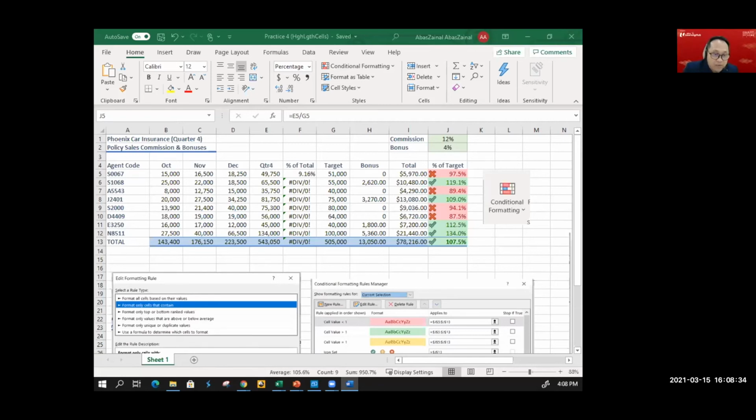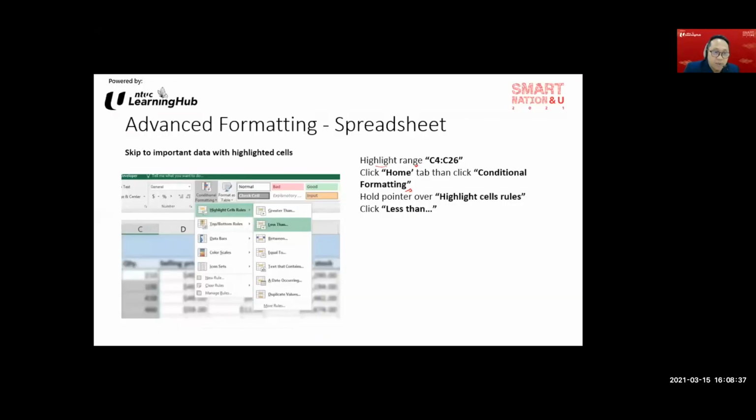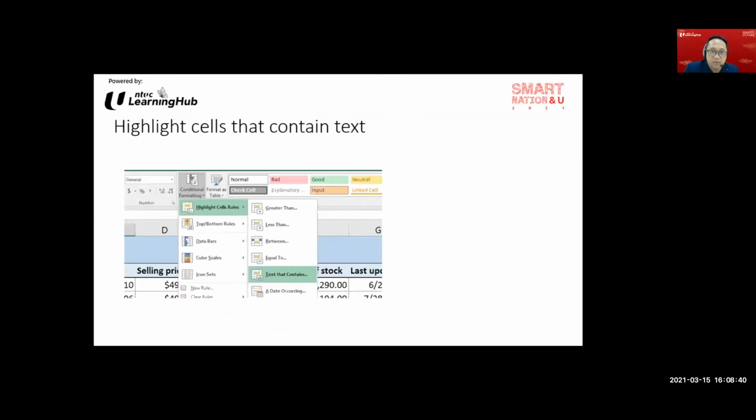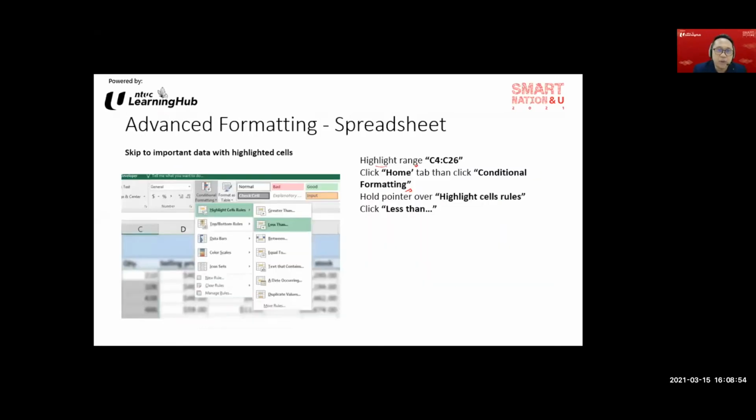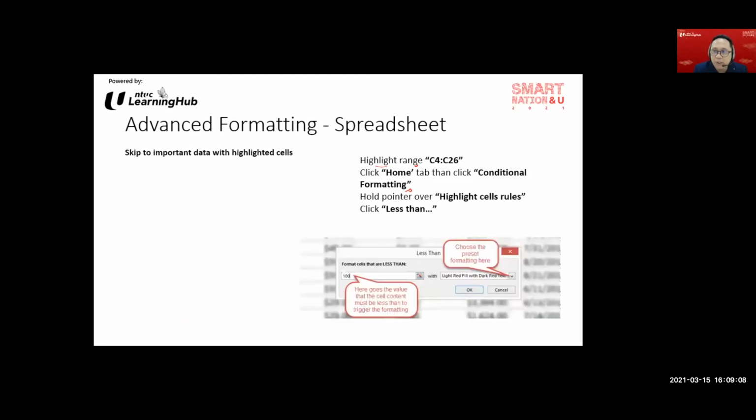Okay, the instruction is very simple. Listen to what I'm going to explain to you once again. Let me just start from the top. Basically, what you need to do is find out particular information in the cell here. In the advanced formatting spreadsheet, you need to highlight the cell. Under the home tab, click conditional formatting, highlight cell rule, and then go to less than, and from here you will be able to find out what information needs to be highlighted.